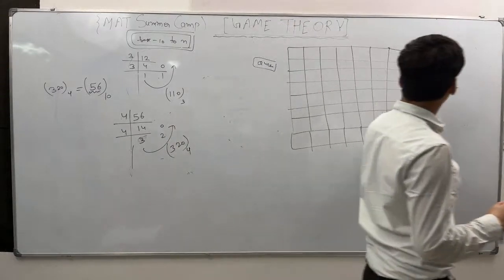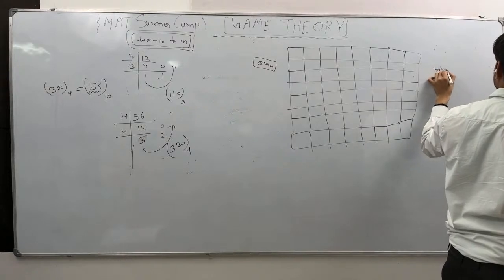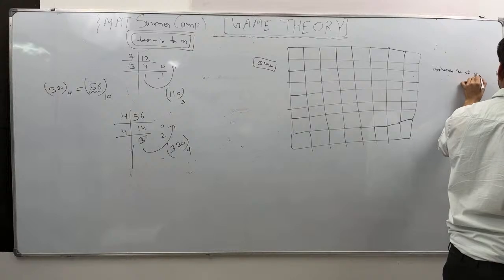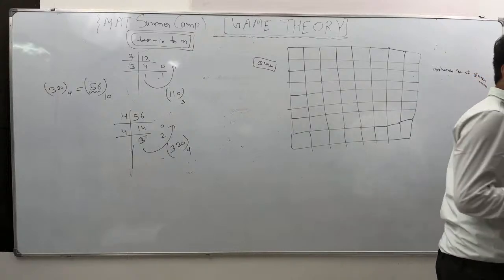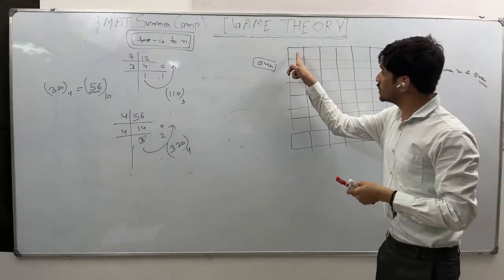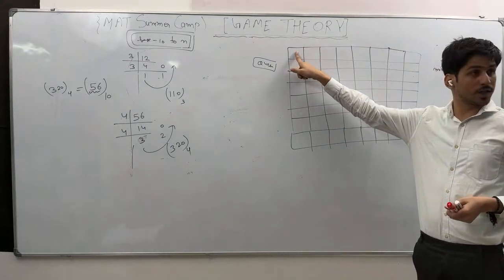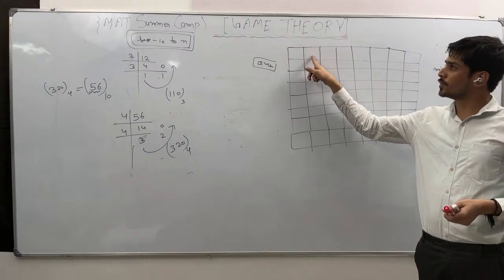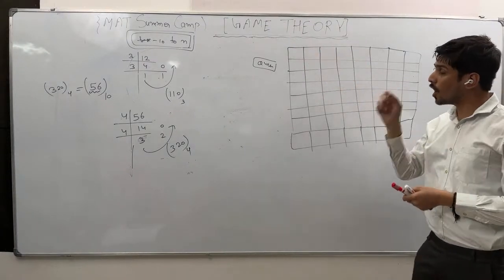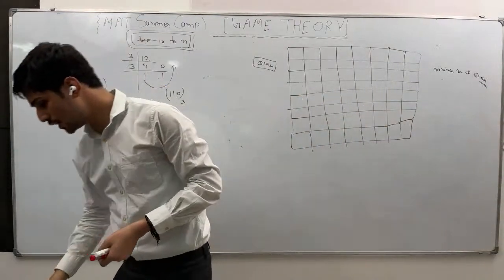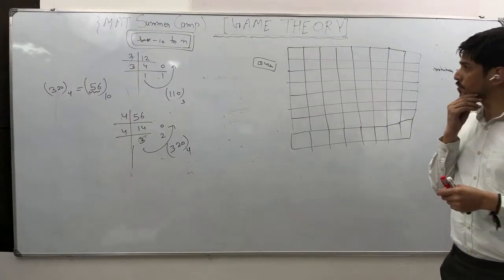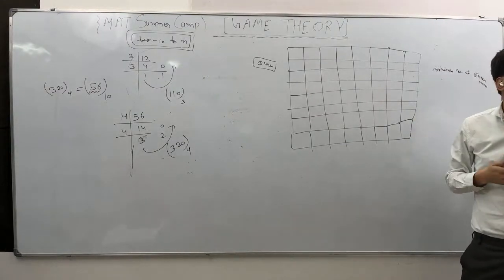Now the question is, how many minimum number of queens do I have to put here so that no box remains unchecked? Checked, all of you got it, right? Like this is under control. If the queen is here, then this box is under control, right? This is the square, this and this diagonal. How many minimum number of queens do I need so that each box is captured or each box is checked?